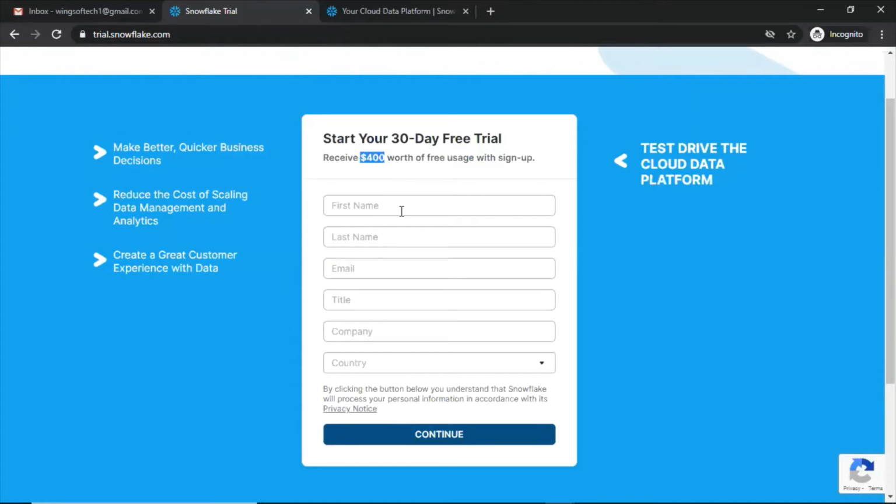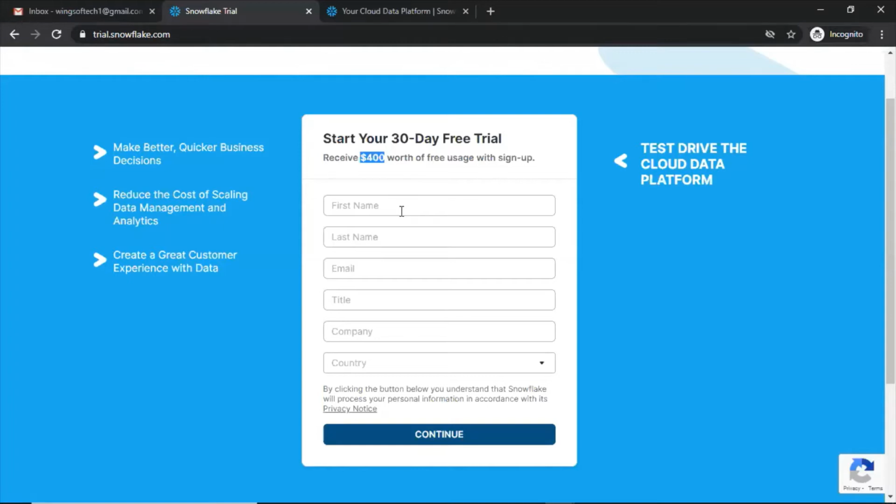As I mentioned earlier, the trial continues for 30 days or until you have used up all your free credits, whichever occurs first. At any time during the trial, you can cancel the trial or convert the account to a paid account by entering a credit card. You don't need to wait till the end of 30 days. You just need to add your credit card and automatically it will become a paid account.